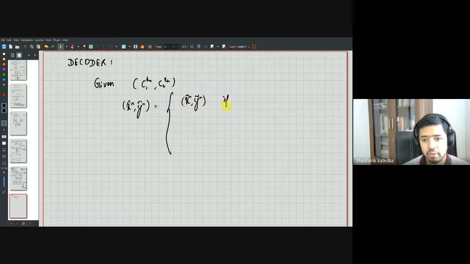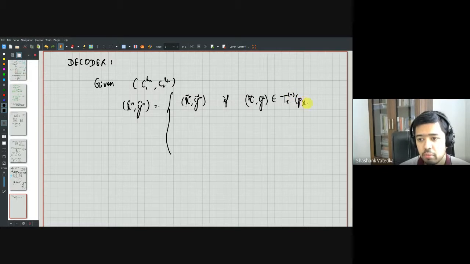So it looks at all possible sequences among those which are mapped to this pair of codewords, and it identifies that unique pair which is jointly typical. So if xn tilde, yn tilde is in the jointly typical set of P_XY,